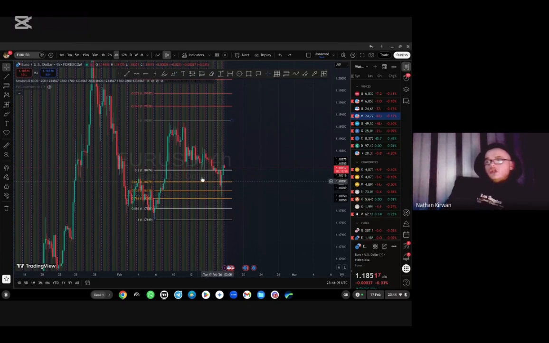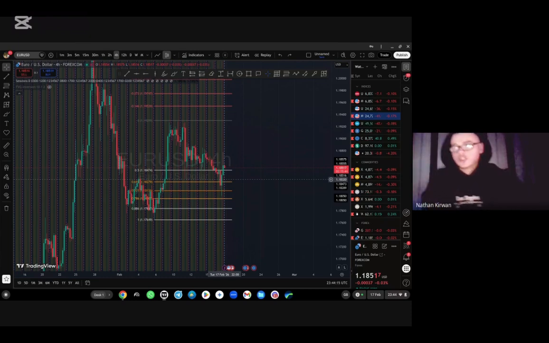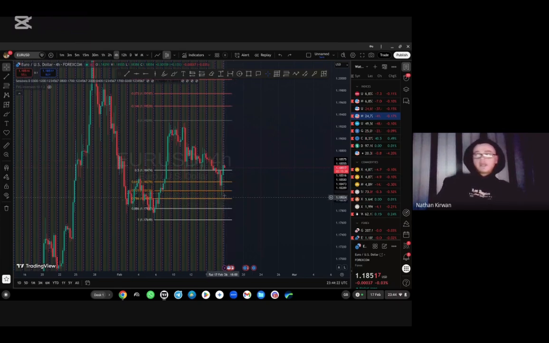Now, this zone here, we know our 50% is our equilibrium, and then remember the way we were talking, you can get something for 100 quid, but if you can get it for 70 quid, brilliant. If you get it for 50 quid, brilliant. But what if you could get it for 40 quid? Or what if you could get it for 30 quid? That's what the Fibonacci allows us to measure. So if you look at these digits here,